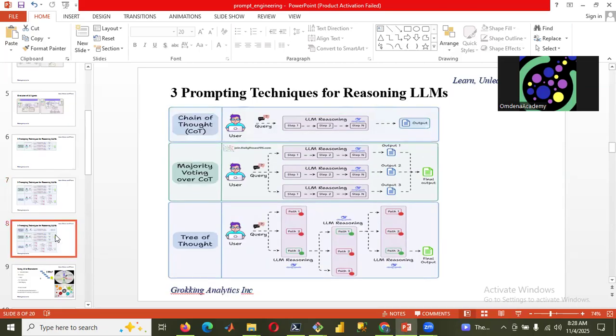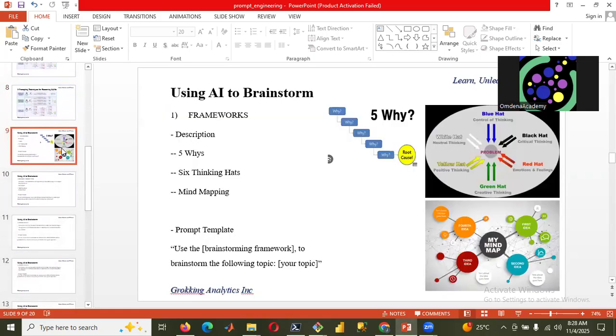The next one is the chain of thought. This is the most simplest one. What chain of thought is simply saying is that you have your query, you feed it into an LLM, and then you get your output. From this chain of thought, majority voting was formed. From this chain of thought, tree of thought was also forged. Okay. So, yeah, that will be it for these ones. No need to confuse you that much. So we quickly come into something